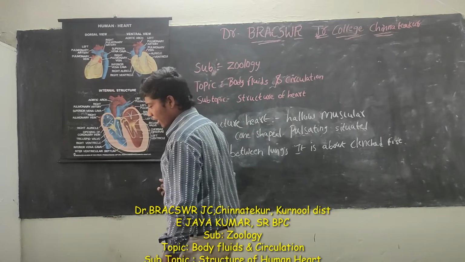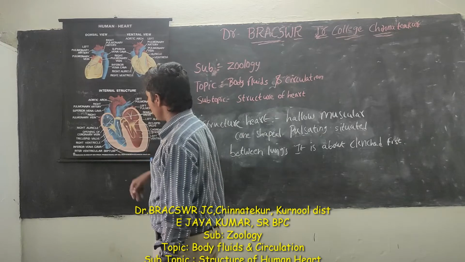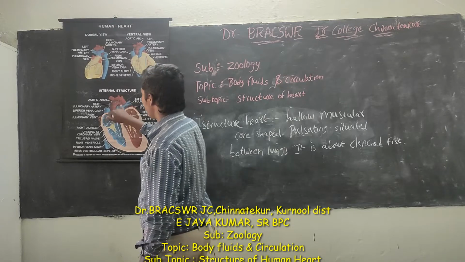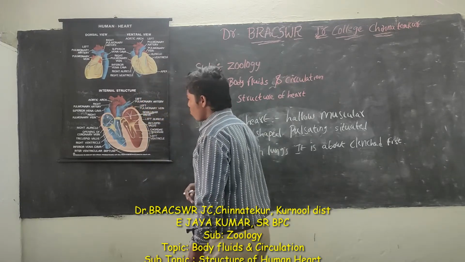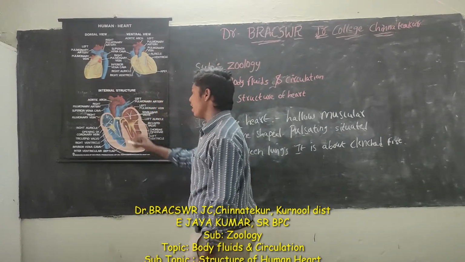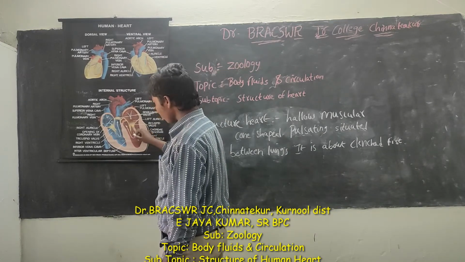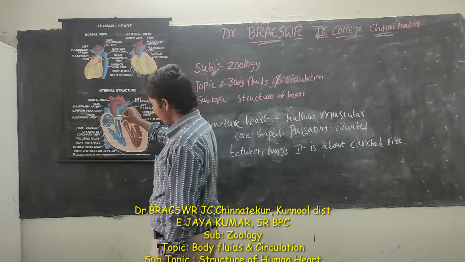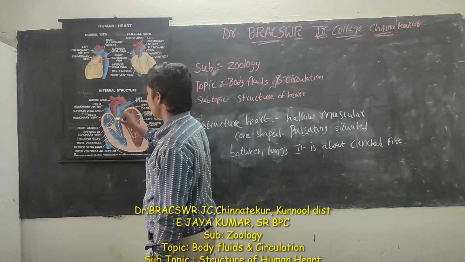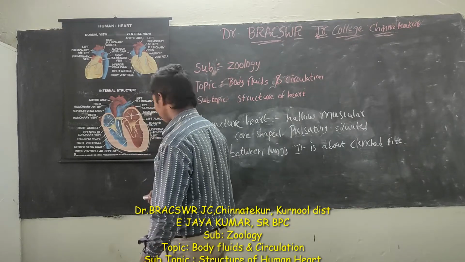In internal structure it contains parts: two atria, two ventricles, nodal tissues, systemic arch and pulmonary arch. Nodal tissues have SAN, which means sinoatrial node, and AVN, which means atrioventricular node. These are the nodal tissues in the heart muscle, divided into two nodes and fibers. One is AVN and two is SAN.